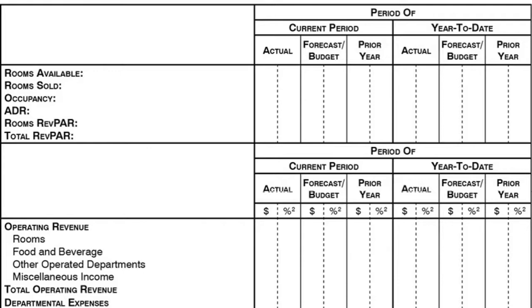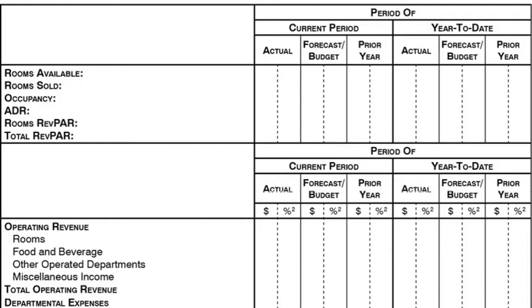One is the actual period as of now, whichever month we are reporting. So if we are reporting September, we will be putting up September actual results compared to the budget and forecast. Usually hotels make a budget every year at the beginning of the year, so that budget is used here. However, due to special circumstances like coronavirus or any other business downturn or upturn, forecasts are made where changes to the budget are done.